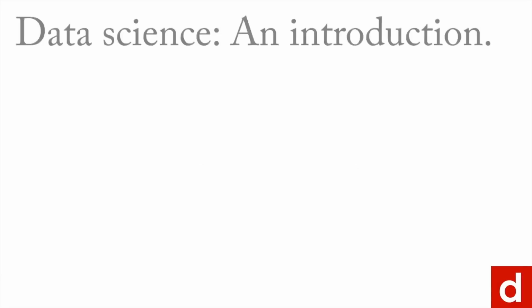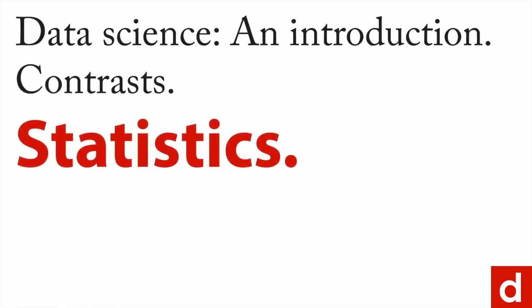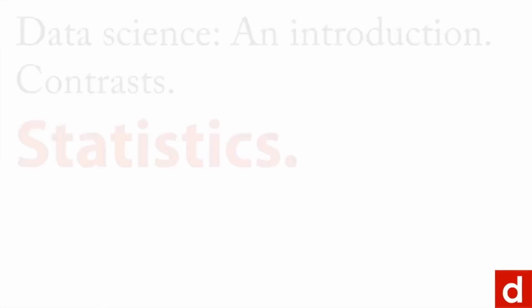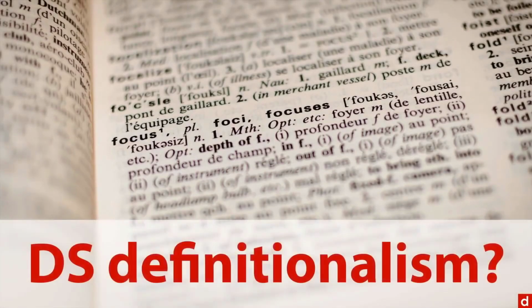When we talk about data science and we're contrasting it with some fields, another field that a lot of people get confused and think they're the same thing is data science and statistics. Now, I'll tell you, there's a lot in common, but we can talk a little bit about the different focuses of each. And we also get into the issue of sort of definitionalism, that data science is different because we define it differently, even when there's an awful lot in common between the two.